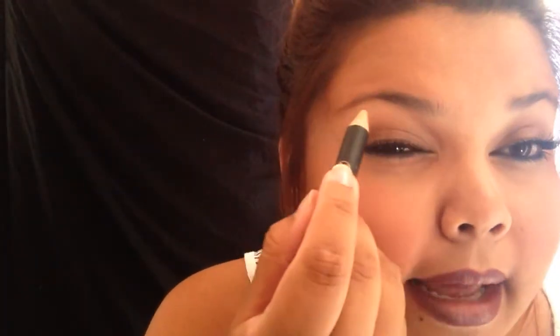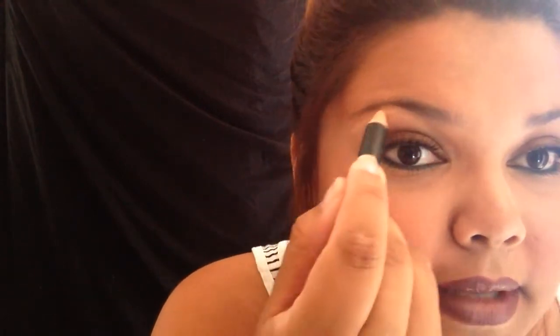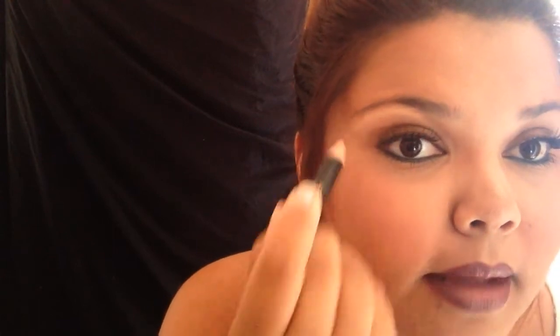So first one's going to be Anastasia Pro Pencil, and we're just going to highlight our brow bone right down here. So without even touching our eyebrows before trimming them, plucking them, anything, we're just going to use this pencil to highlight. Then you're going to blend it with your finger,